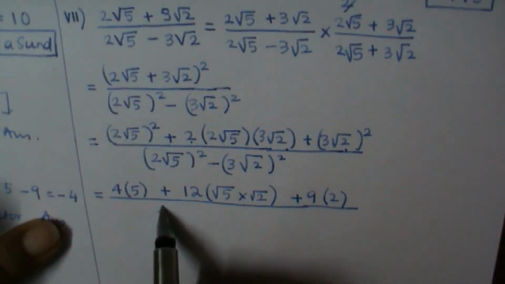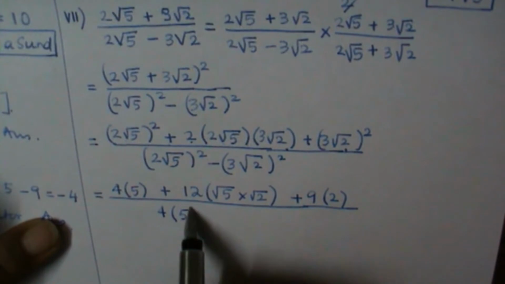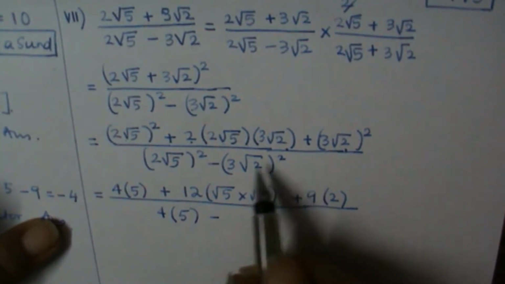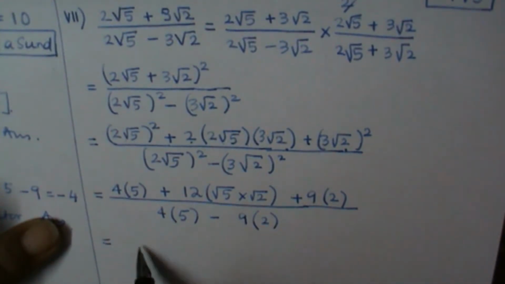Here again, 4 is 2 squared and √5 squared is 5, minus 3 squared 9, and here √2 squared is 2, which is equal to